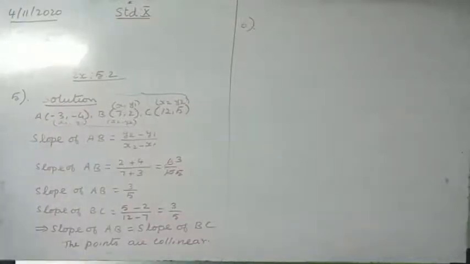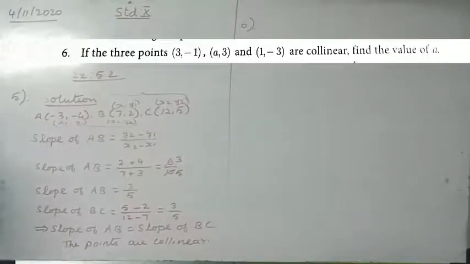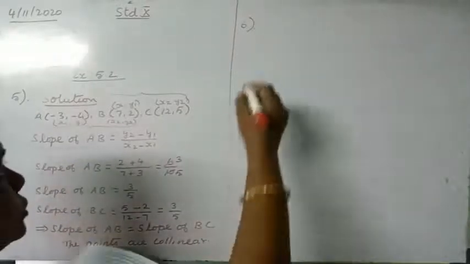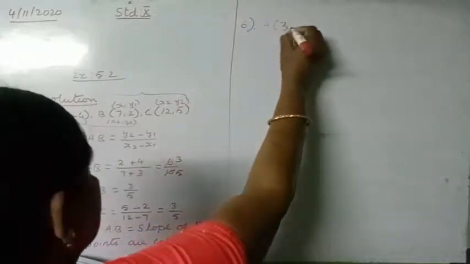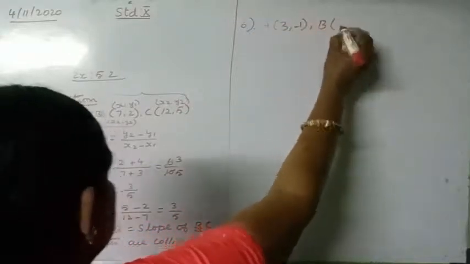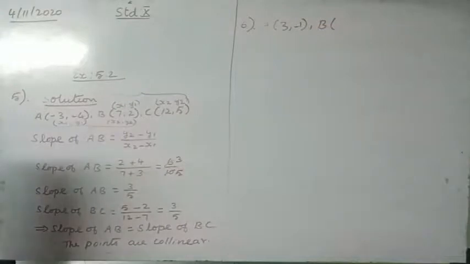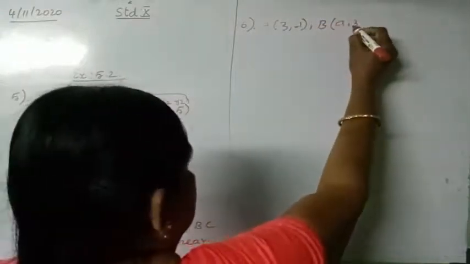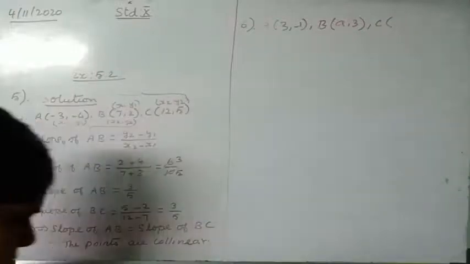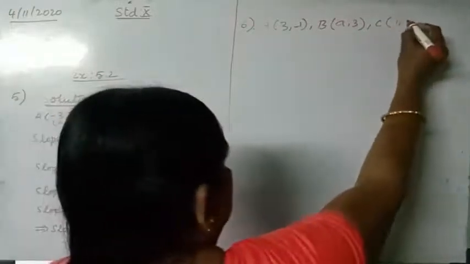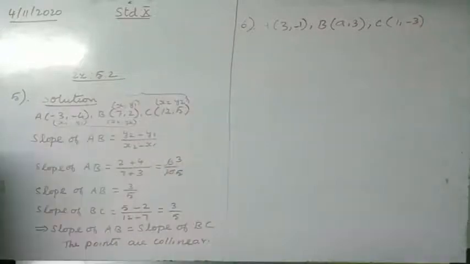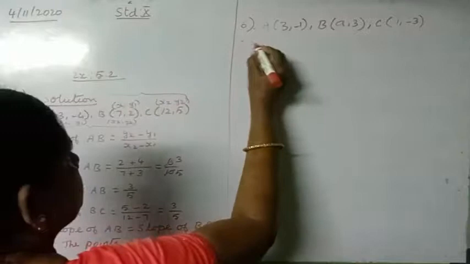Now question number 6. If 3 points 3, -1, a, 3 and 1, -3 are collinear, find the value of a. Now let us take 3 points as A, B, C. So A is 3, -1. B is a, 3. And C is 1, -3. And given that these points are collinear. Since the points are collinear,